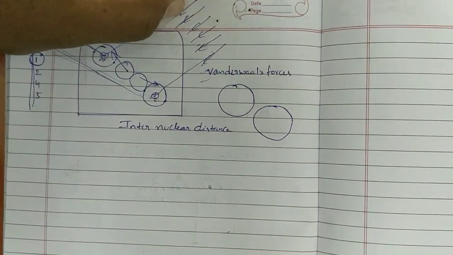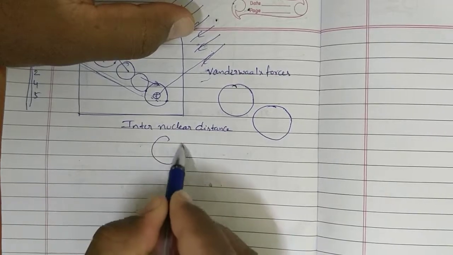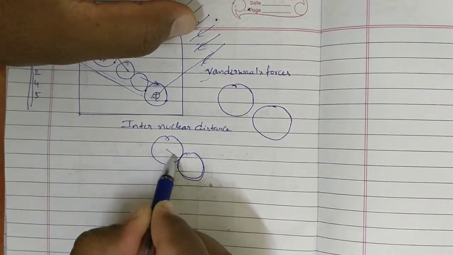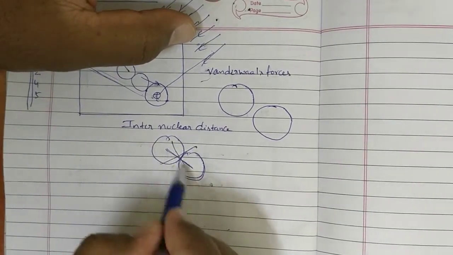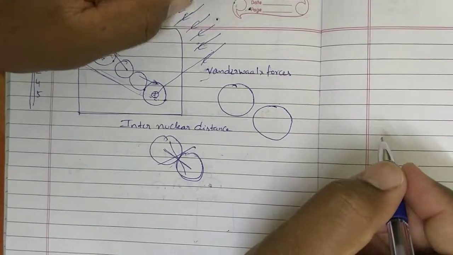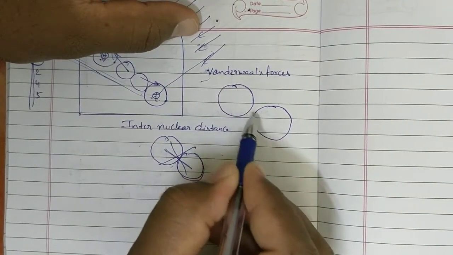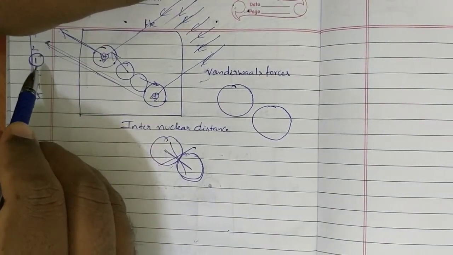Are you understanding? Exactly at the time of collision, they are not able to find it. See, this is the collision. At exactly this collision time, they are not able to find the internuclear distance because it is not possible even for X-rays. Then this is the minimum distance maintained at the time of collision. This is what is recorded on the sensor.